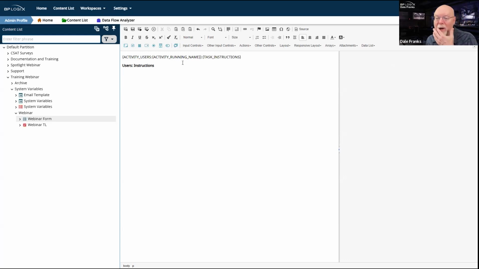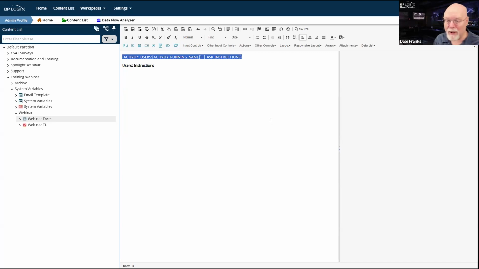It'll work just fine, although I probably want to have a space after that colon. I don't need to do anything special. I can just throw in the system variable text. When Process Director runs this form, it's going to parse all of this as a system variable.